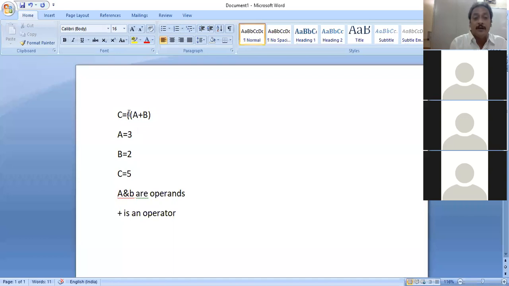First of all, whenever a particular expression is supposed to be added to the computer system, this parenthesis check happens first. If there are any parentheses on the left side, the right side is also supposed to have that many parentheses. Equal parentheses are supposed to be there. Since there are two left parentheses here, on the right also we need to have two parentheses. Is this expression true? Yes, this is true. The left and right may not be required here, but there must be an equal number of parentheses on the left hand side as well as the right hand side.